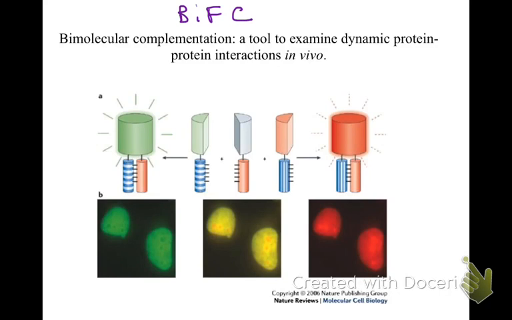Bimolecular fluorescence complementation. It takes advantage of the fact that these fluorescent proteins, originally identified from jellyfish out in the ocean, come in different forms. So we've got GFP and red fluorescent protein, and yet there are common components to that. So what they were able to do is, in testing, for example, this protein in the middle, they wanted to determine when it interacted with partner A, this striped barrel, or protein B, the vertical striped barrel. And they could fuse